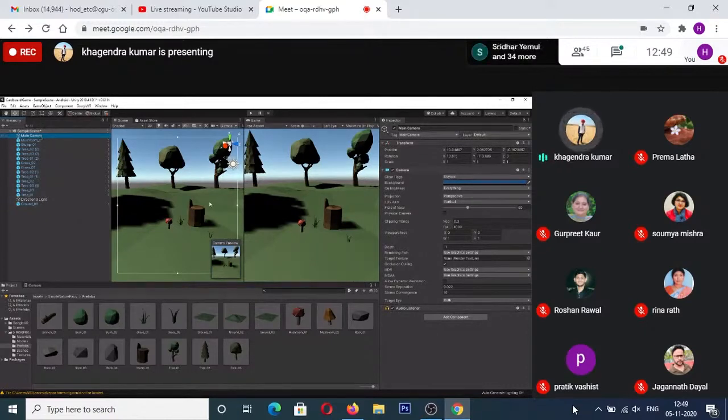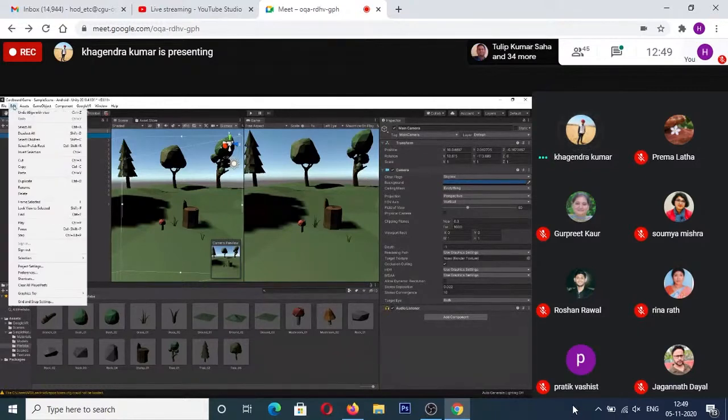So you just go ahead and align how you want to look at the scene, then select the main camera and press Control Shift F. After selecting the main camera, if you select any other game object and then do it, then that game object will be aligning with that screen view.